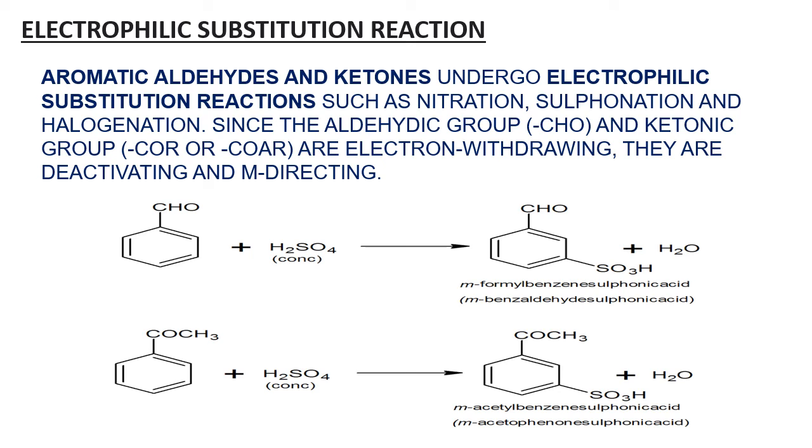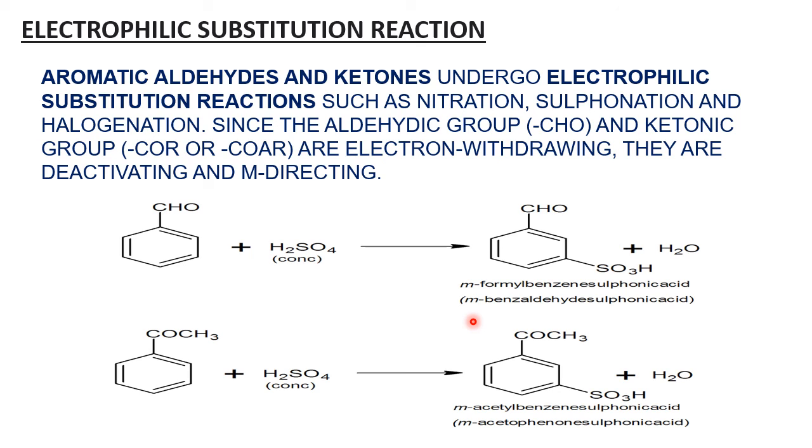So when the positive charge is created on the ortho and the para positions, what is an electrophile? The electrophile is also positive. Being positive, the electrophile does not prefer ortho and para. Why? Repulsion, both are positive. That's why it prefers the meta position. That's why in the ES reactions of aromatic aldehydes and aromatic ketones, we expect meta products. He will ask one more question on this.